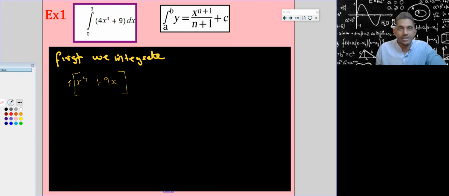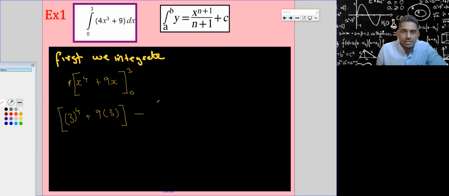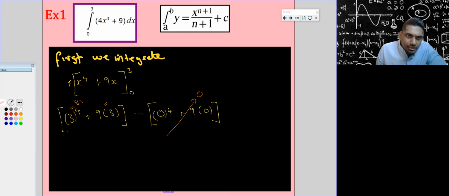That means we have just integrated. And to say that we're going to sub between the limits of 3 and 0, we put those there, and then we do it. So I put the bigger number in first. That's 3 to the power 4 plus 9 times 3, minus 0 to the power 4 and 9 times 0. Well, that is 0. This is 81, that is 27. So we end up with 108 minus 0, which is 108